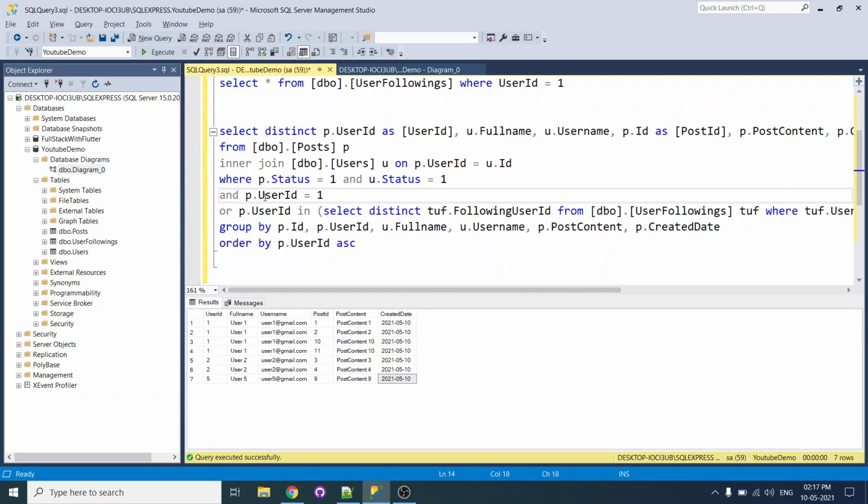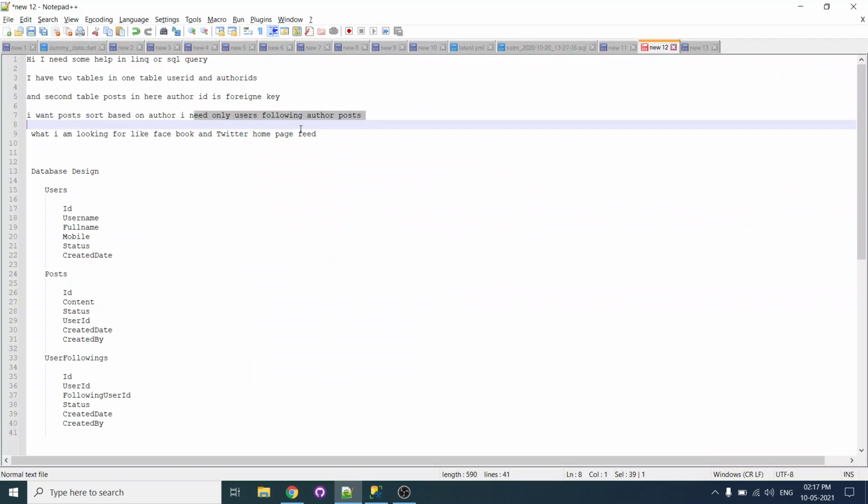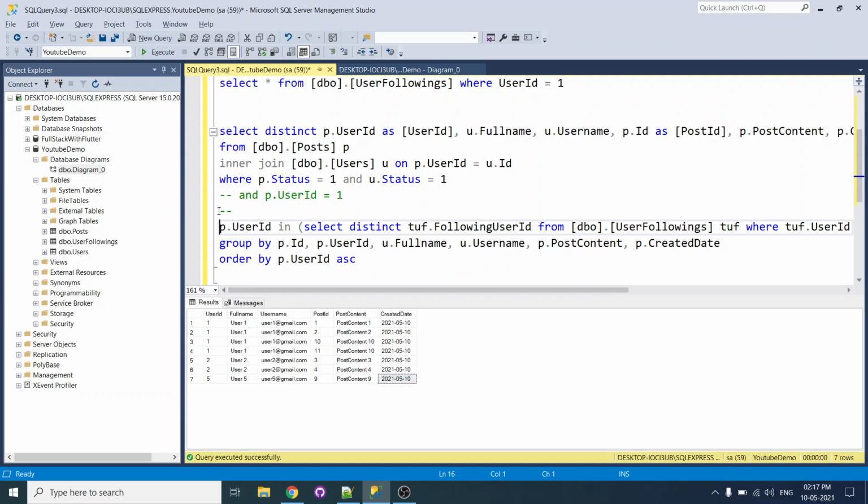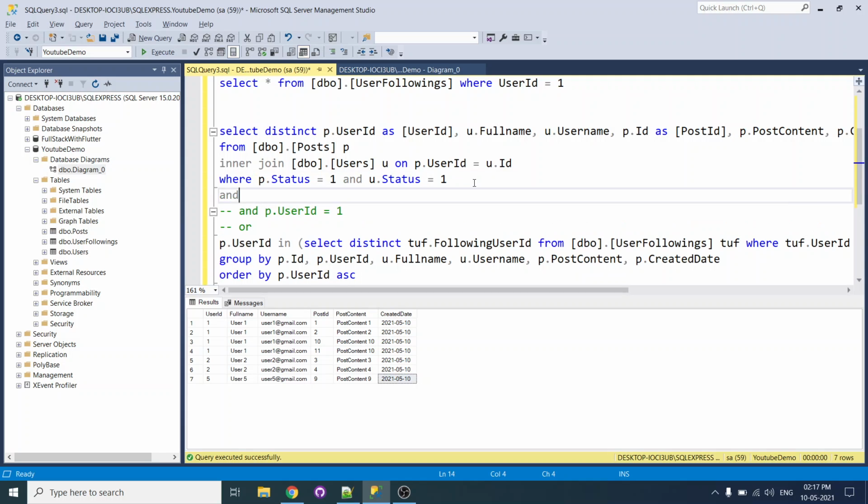So to get precisely what he wants, we can comment out this user ID and the OR condition. If we remove this OR condition, we can put it here like this. Maybe this will help.